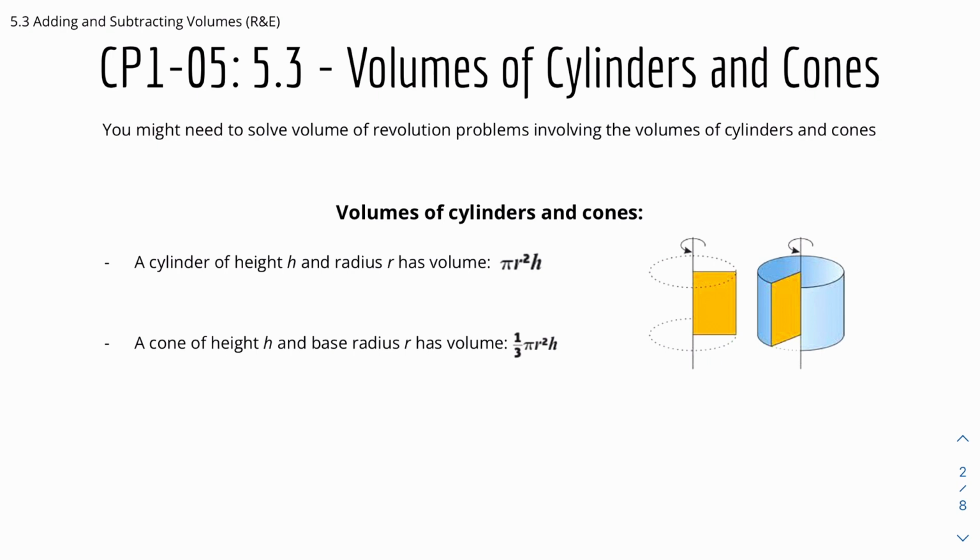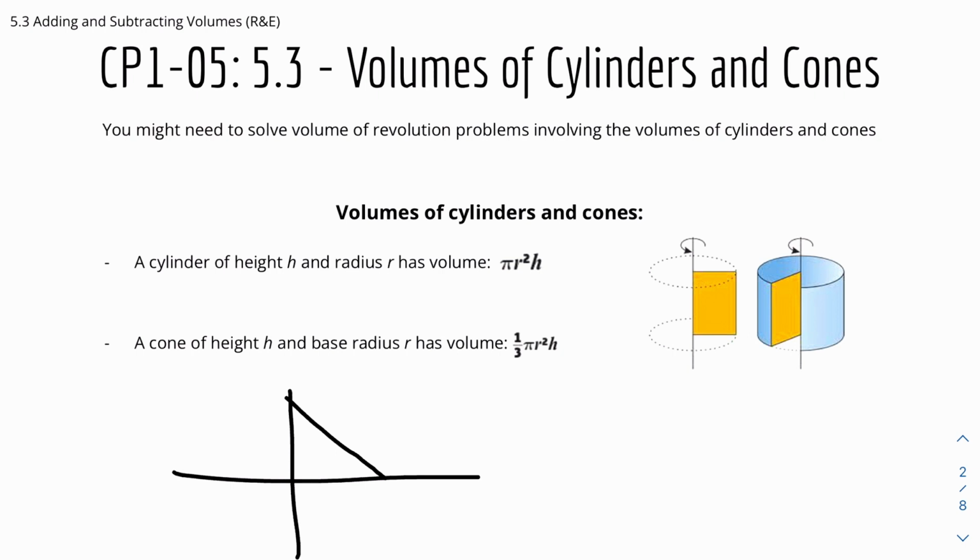To figure out when to use these volumes, you need to spot the questions and what volumes you need to find. For example, if in the question you're given a graph, or just a line like this, and the question asks to find the volume generated if you were to rotate this line 2 pi radians or 360 degrees around the y-axis,